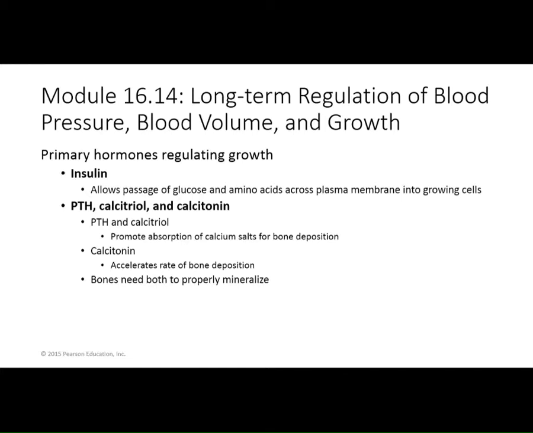Insulin, right? Taking glucose into your cells is going to increase the metabolism of your cells. PTH and calcitonin, calcitriol, I haven't mentioned it specifically, but it's in the mix as well. Those hormones, when you hear those, you think of what? You think of calcium, right? And calcium regulation would be involved with making